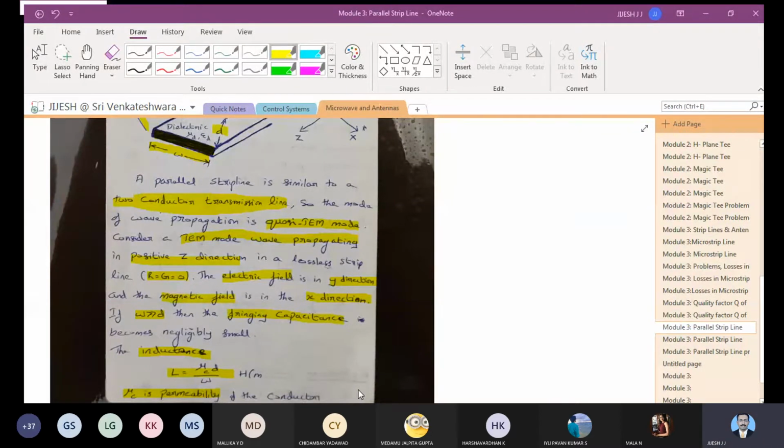So all of you have completed the equation for inductance. Shall we move further? Yes. So all of you write down this equation. So here we'll be studying almost 3 to 4 equations.